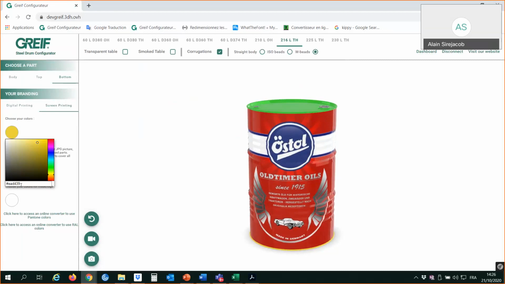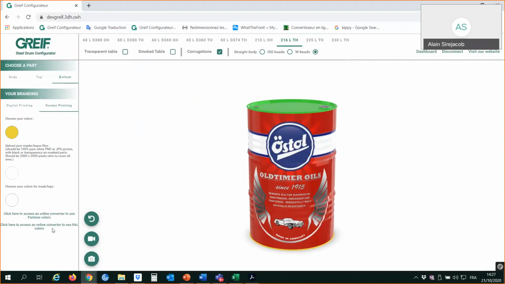You see when you select the color, here you have some letters and numbers. It is what we call the hexa code. So it is a code used for printing, giving a code for each color. So if the customer requires specific colors, most of the time he will ask you for Pantone colors, which is a global system.